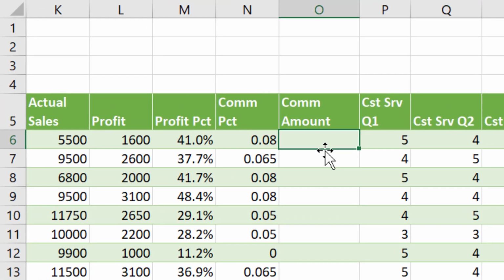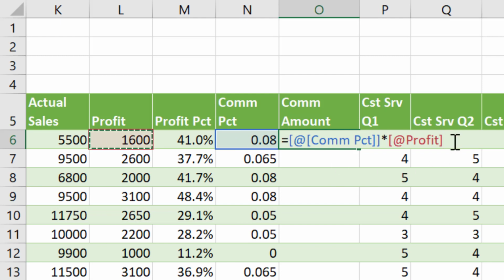To do this, I'm going to say equal to. I'm going to click on the commission percentage, and notice that it gives me @ComPercentage, which is the column heading with an at sign in front of it, instead of N6. The at sign means use just this row. If there was no at sign, it would be referring to the whole column. I'm going to multiply my commission percentage times my profit, which is again @Profit,